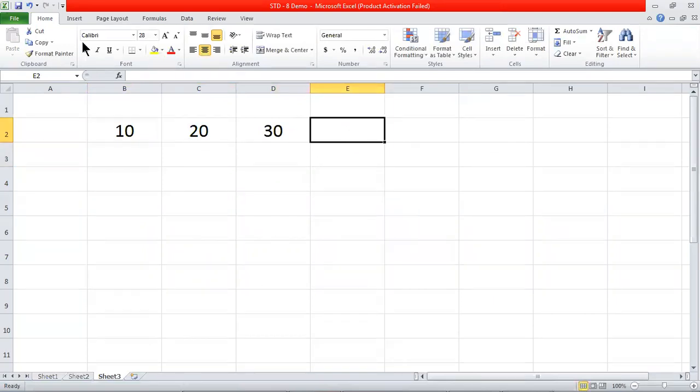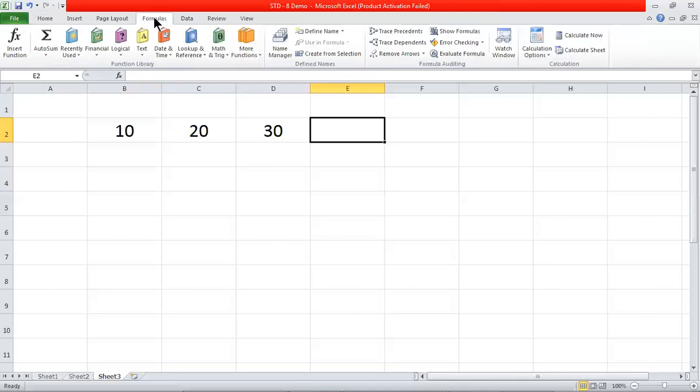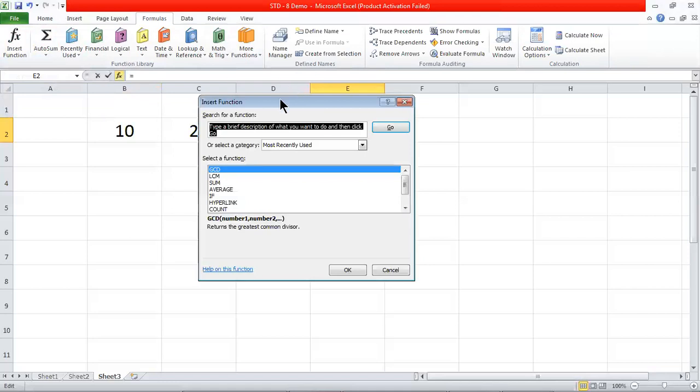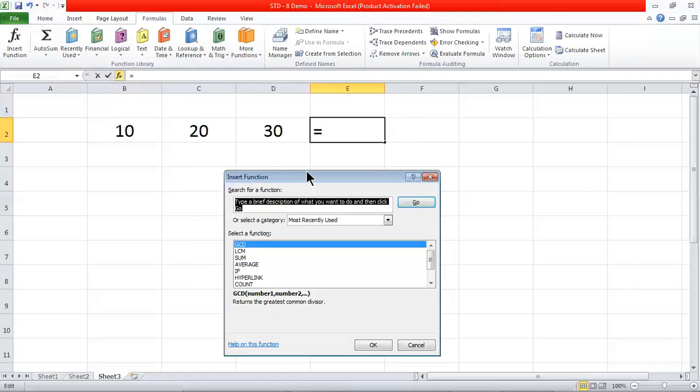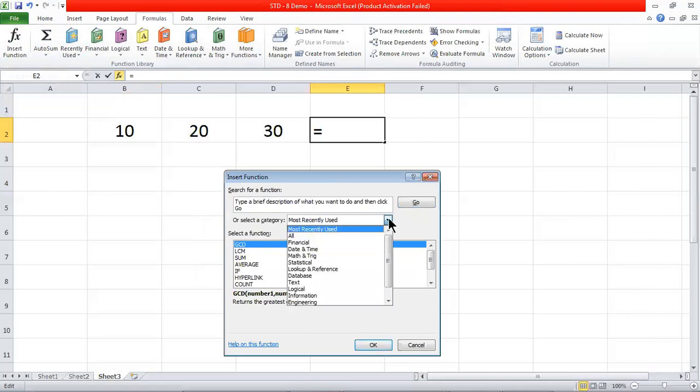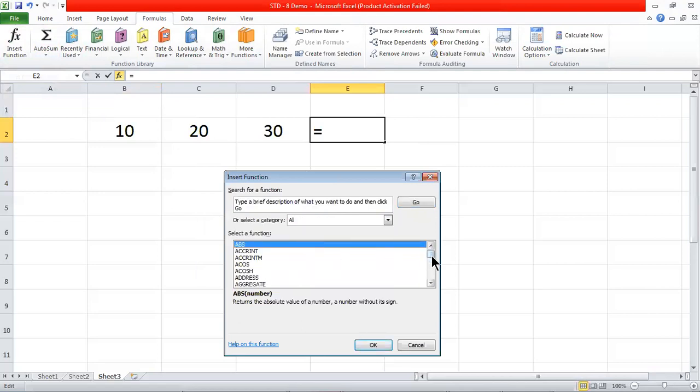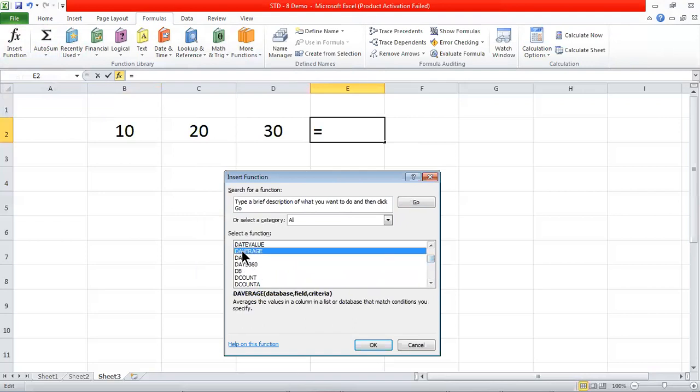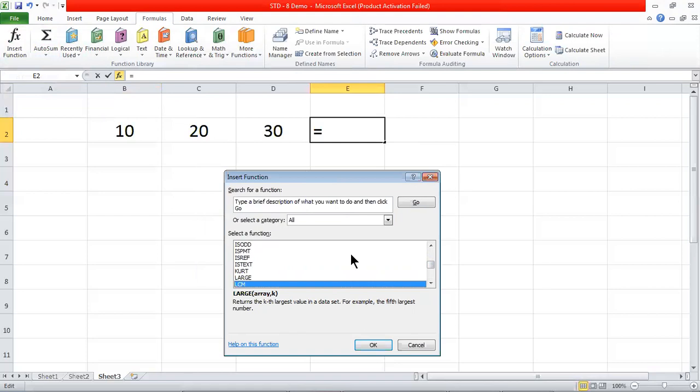You can see in the formulas tab. In the formulas tab, you have this insert function option. Click here. Now you will get the insert function dialog box. In the insert function dialog box, select a category. Suppose I select all. Now I have to search LCM. Just select any and type L, for least common multiple. See, this is LCM. Now let me click on OK.